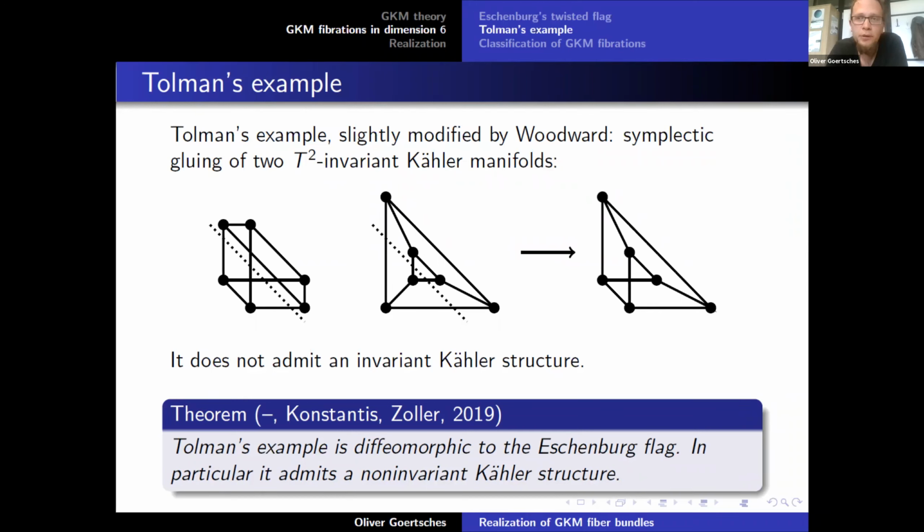So when you have a manifold in dimension 6 with vanishing odd degree cohomology, then this is a result of Wall, Jupp, and Zubr. The diffeomorphism type is determined by only topological invariants, so by the cohomology ring, the second Stiefel-Whitney class, and the first Pontryagin class. And all this data is encoded in the GKM graph. So we have heard before that the GKM graph encodes equivariant cohomology and then also ordinary cohomology because of this equivariant formality condition, but it also encodes